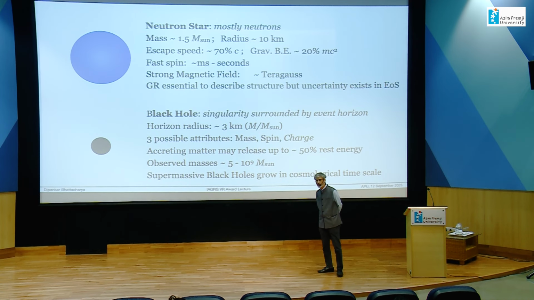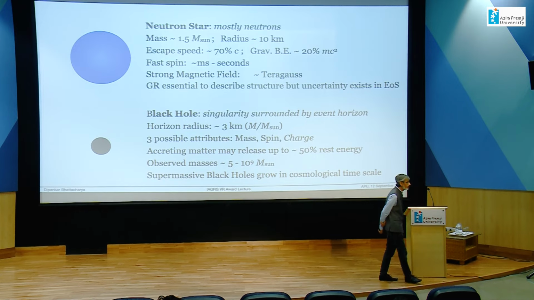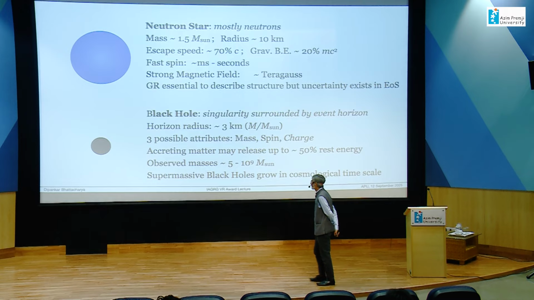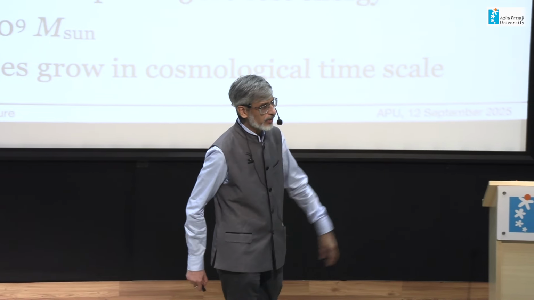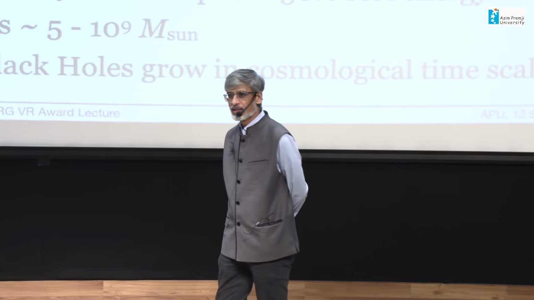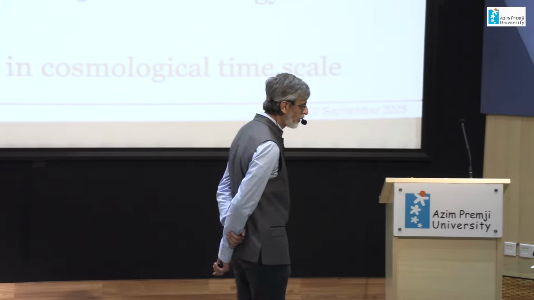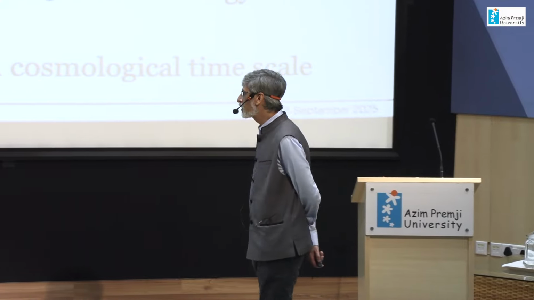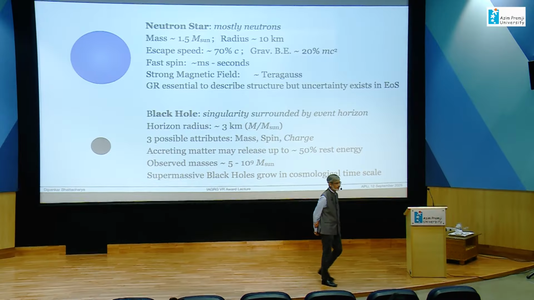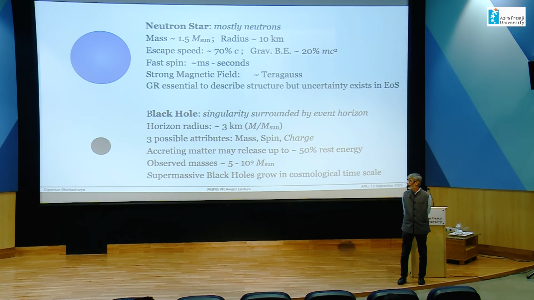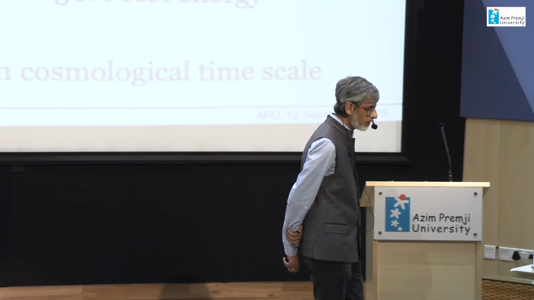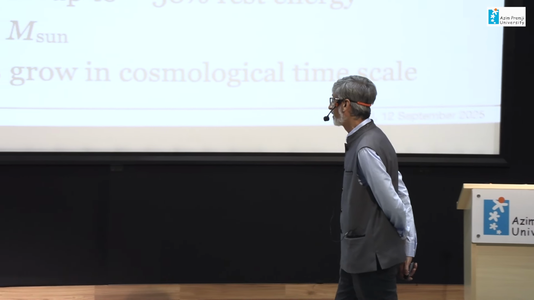Black holes, on the other hand, matter has gone beyond all recognition. We expect them to have collapsed into a singularity of some kind or some quantum form, whatever it might be. But it is surrounded by a horizon from within which no information can escape. So therefore, we cannot know in what form the matter is inside. We would never know. But what we can see is only phenomena that occur outside the horizon. So these are objects which are even more compact than neutron stars.